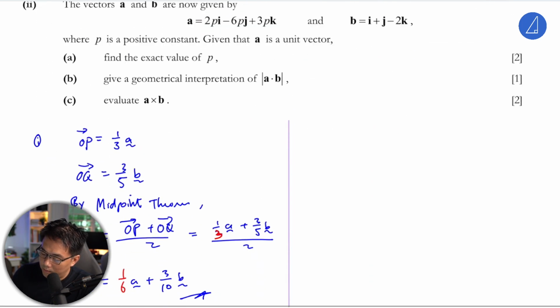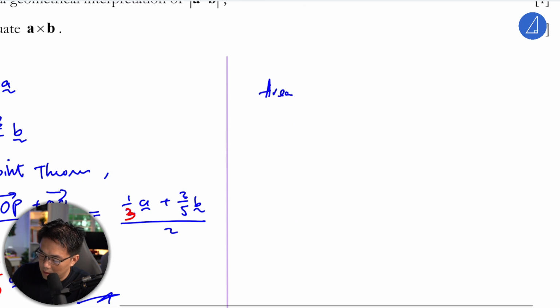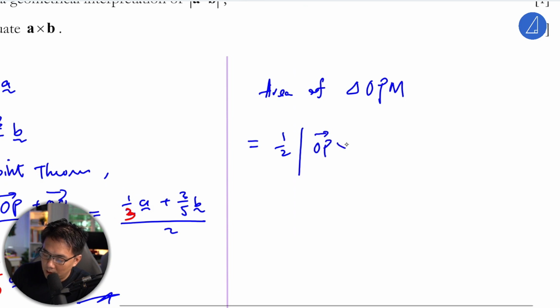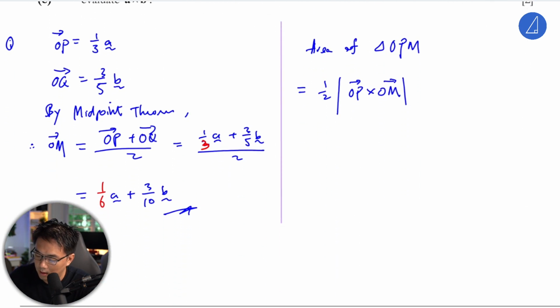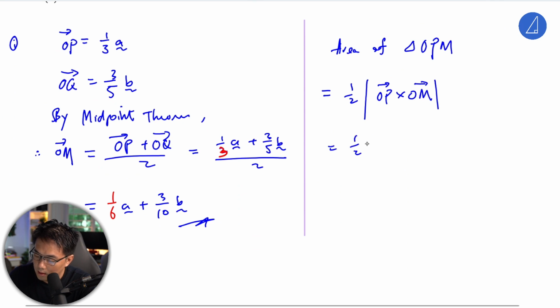The area of triangle OPM is half times OP cross OM. So here that will be 1/3 A cross OM, which is actually 1 over 6 A